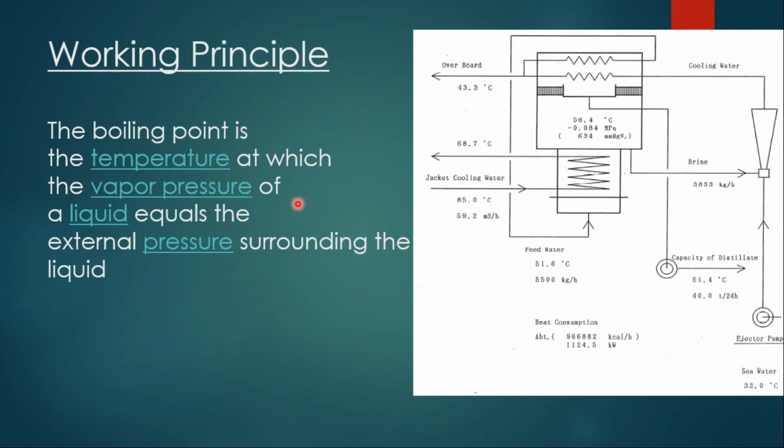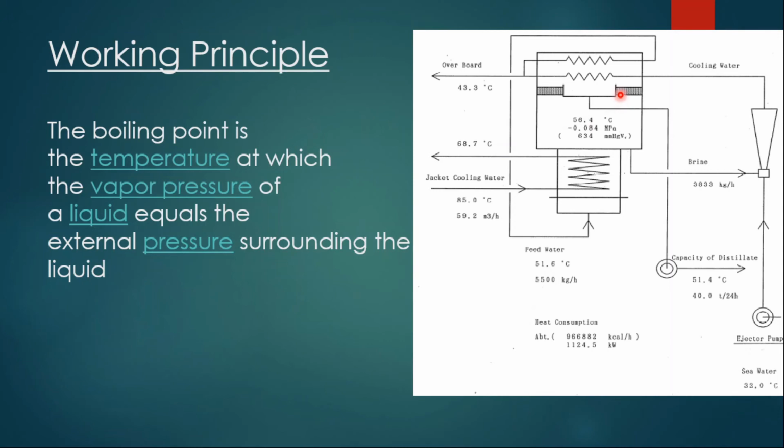So for that the engineers worked on it, and they found a solution. They created a vacuum inside a shell. So why did they create a vacuum inside a shell? We know the definition of a boiling point. What it says, when the vapor pressure of a liquid is equal to the atmospheric pressure, that is known as the boiling point of a liquid. So for water to evaporate, we need to reach a boiling point.